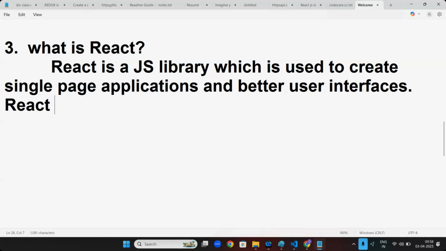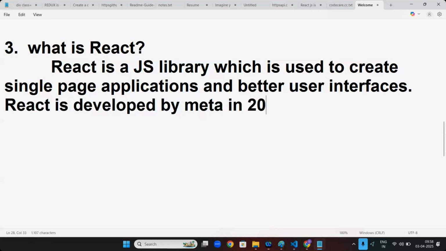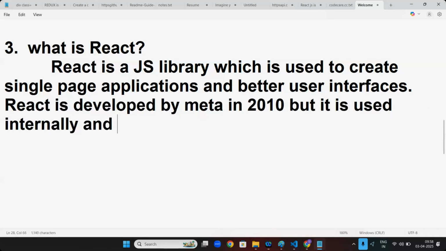React is developed by Meta, the parent company of Facebook, in 2010. But it was used internally and got open sourced in 2013.